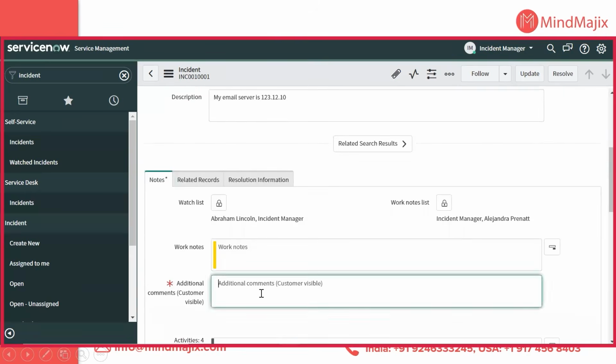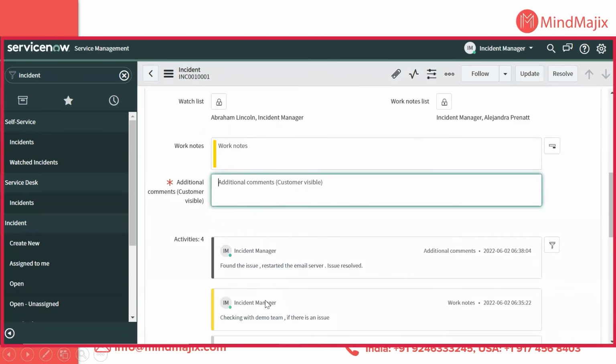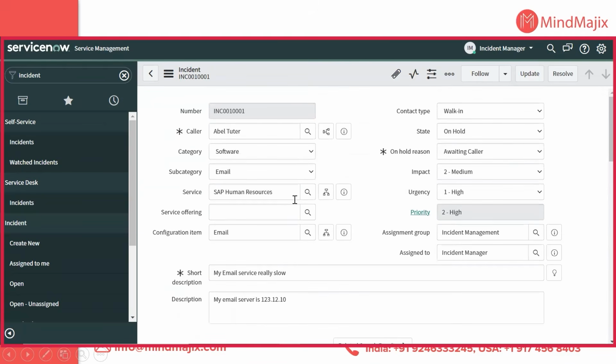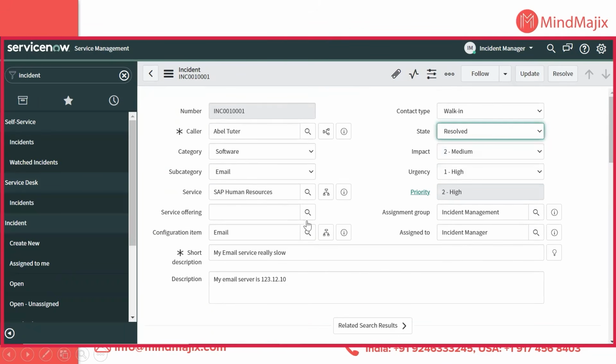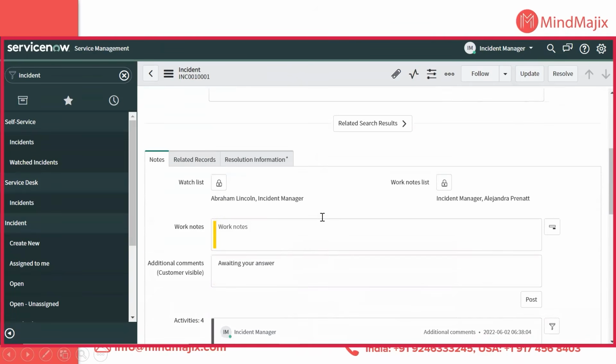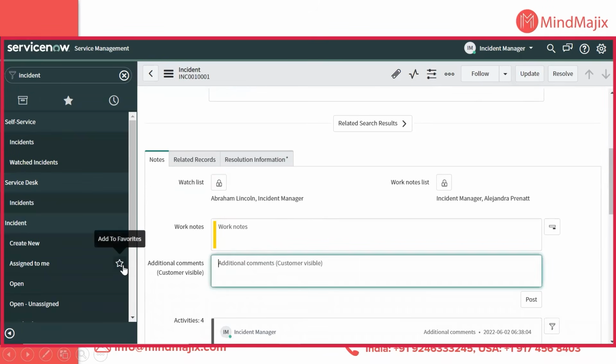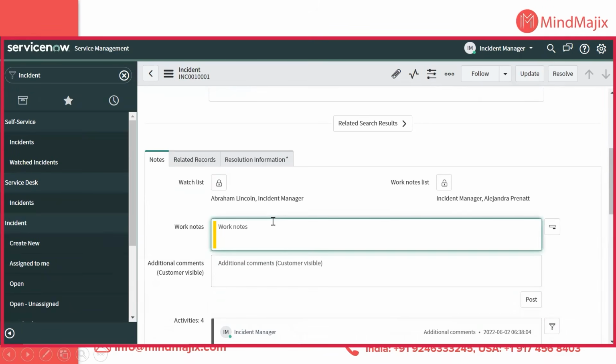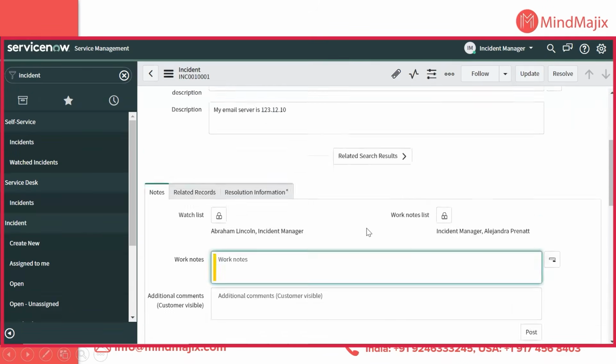Okay. Awaiting caller basically means that you have to get some information from the caller, and see, it has made a star, it wants you to give what you are waiting for from the caller. Awaiting your answer or something, awaiting from when are you facing this issue, etc. You can ask anything, and at that time the state will go to on hold. Okay, I will not go to on hold, I will just click on resolved. Okay, when I click on resolved, I will not give this, I'll just take it out. Okay, when you click on resolved,